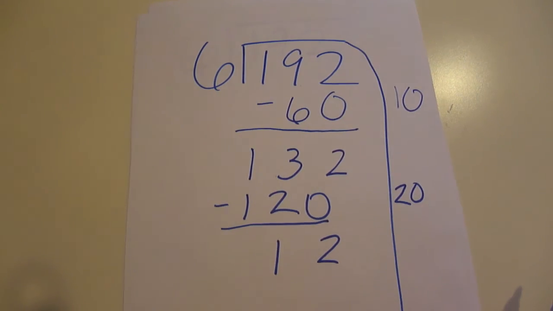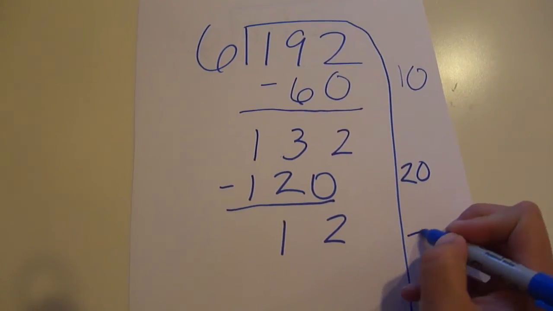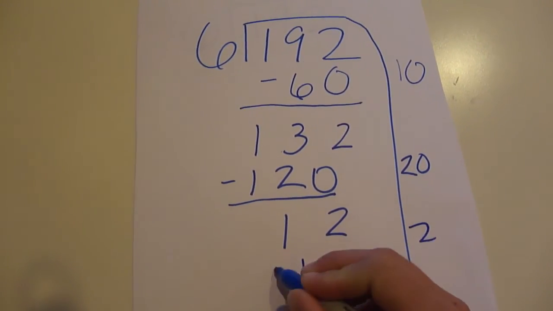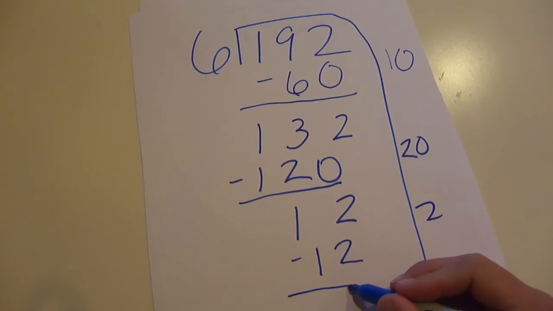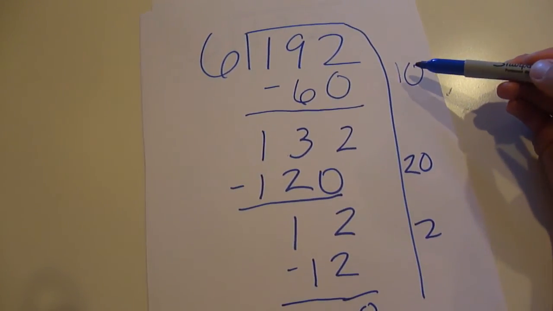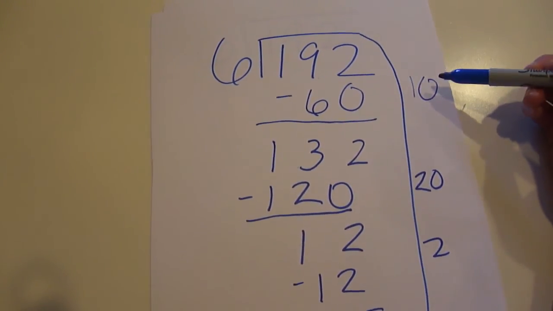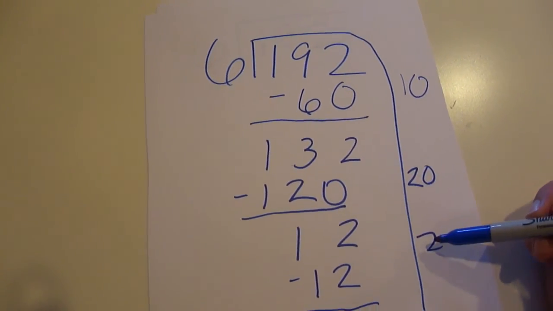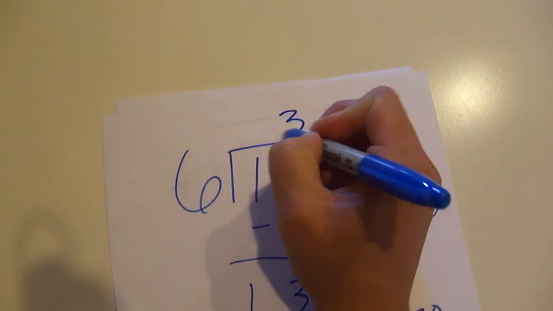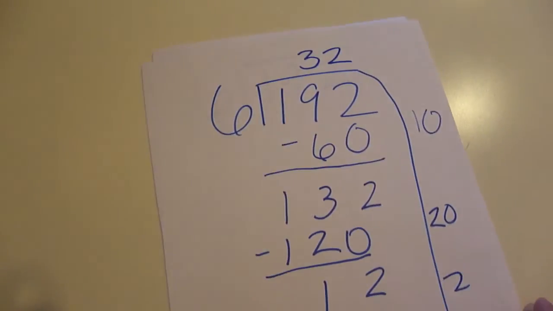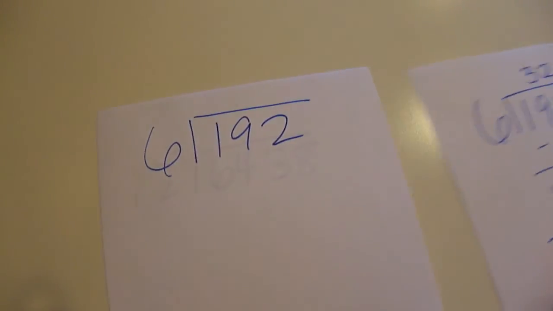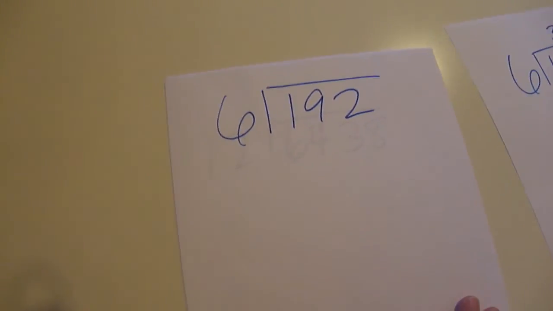So I say how many 6's go into 12, and that's 2. And in this particular problem, I have no leftovers. And so I add up this side to figure out what my total is. 10 plus 20 is 30, plus 2 is 32. So I write my 32 up here. My answer is 32. Now a kid who is a little more advanced is going to start taking out the largest